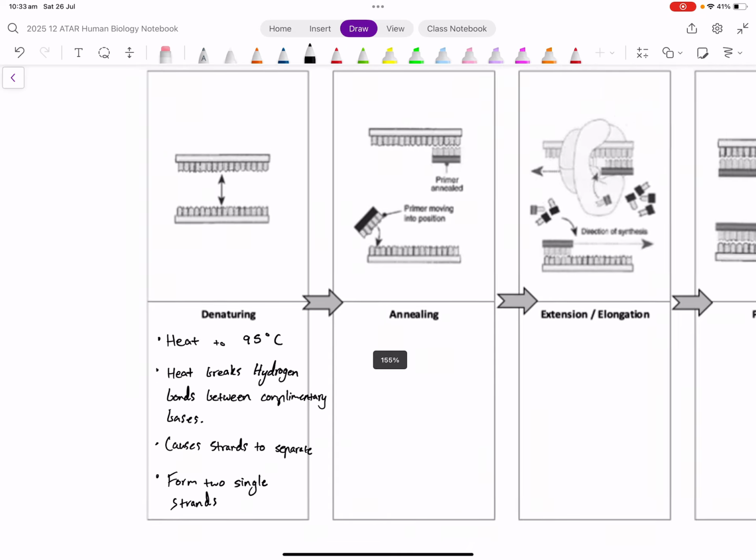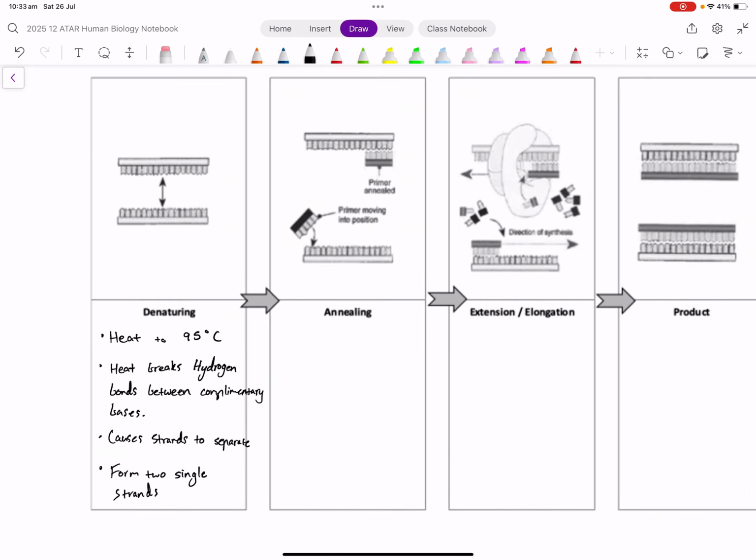So just to recap this, again, the key part here for us right at the beginning is that we heat to 95 degrees Celsius. And what we're doing during this process is we're breaking the hydrogen bonds between complementary bases. What I'll do here is I'll just highlight in here, this is where these hydrogen bonds normally occur, so we're breaking those ones in order to form two single strands. Okay. So we then move on to our next stage, annealing, and during annealing, as hopefully you remember, we're now